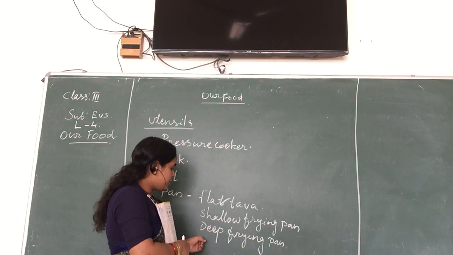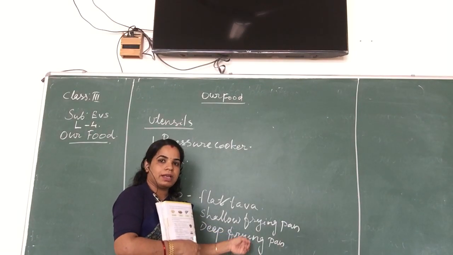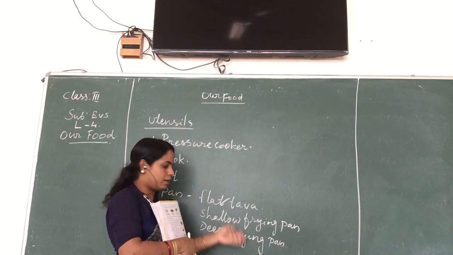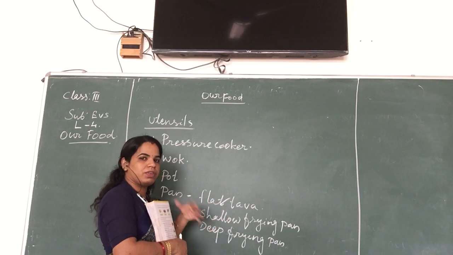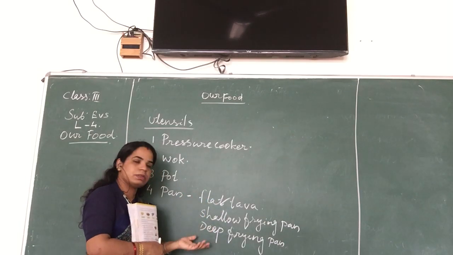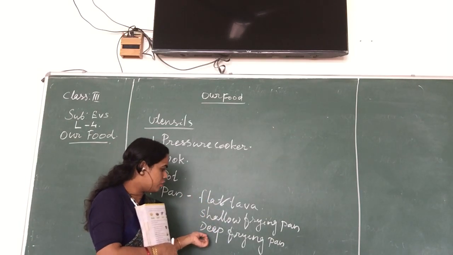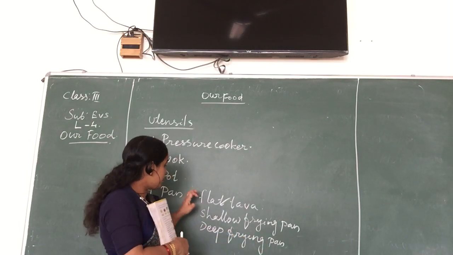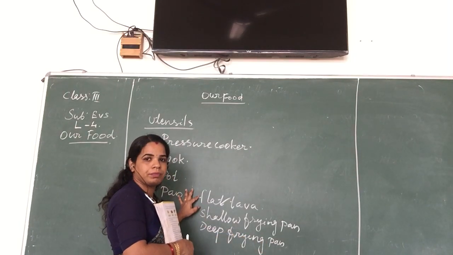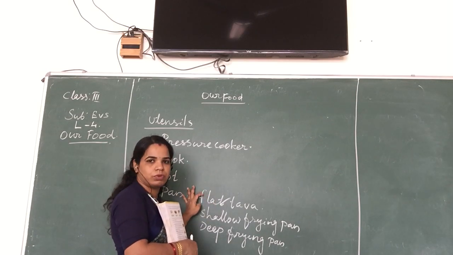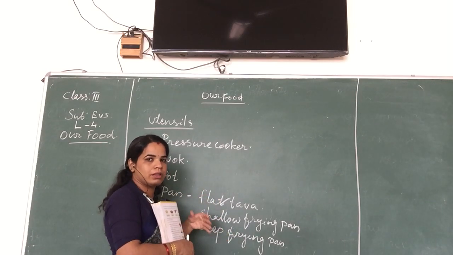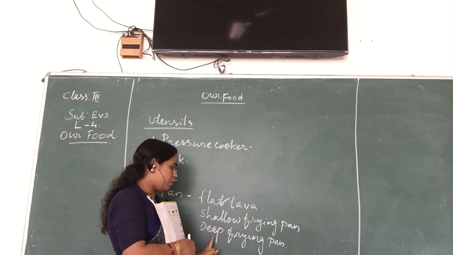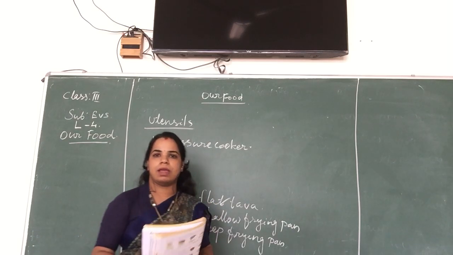And for that purpose we are using the deep frying pan, especially to make puri and samosa, fish fry, or any other vegetable frying. We can't deep fry using the flat tawa because we are not using that much oil. The oil will overflow and go onto the stove also. At that time we use the deep frying pan.